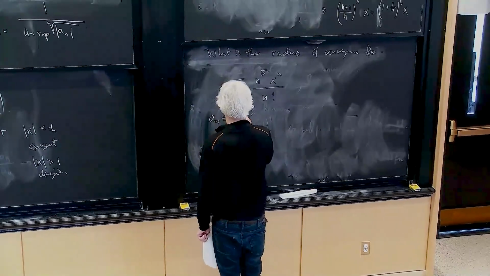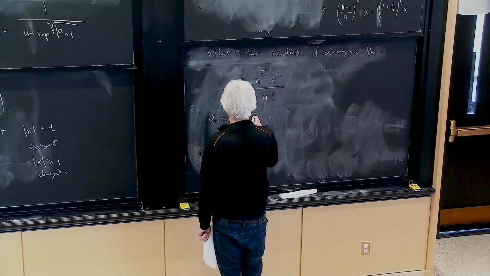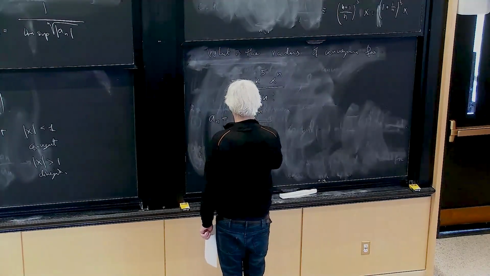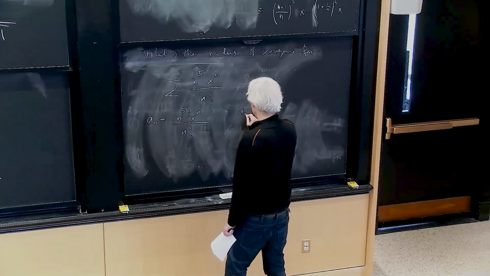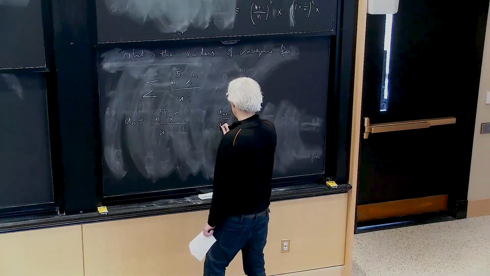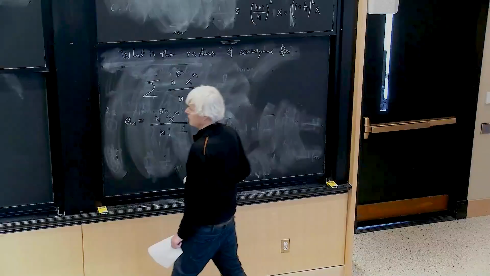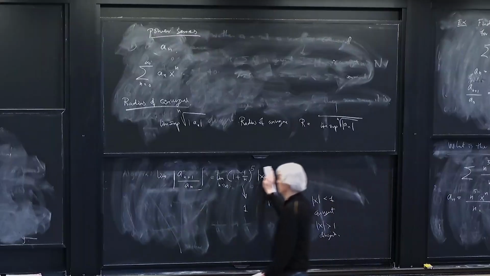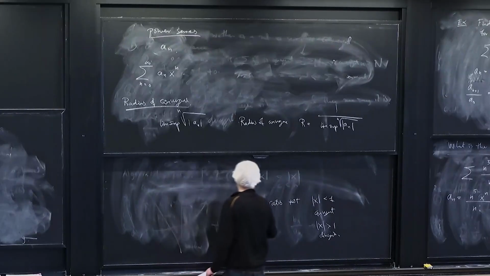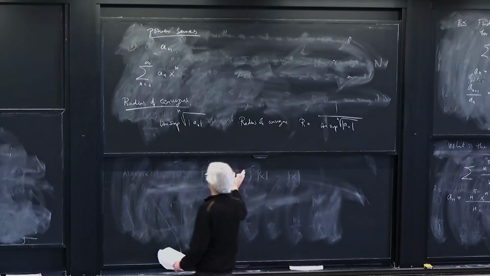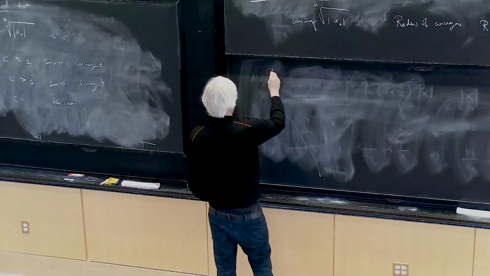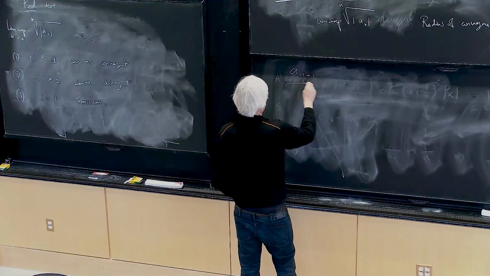So a_n here is n to the 5th power x to the n over n factorial. So if I'm looking at a_(n+1) over a_n,